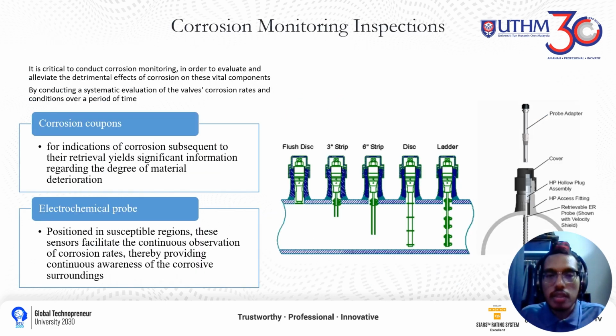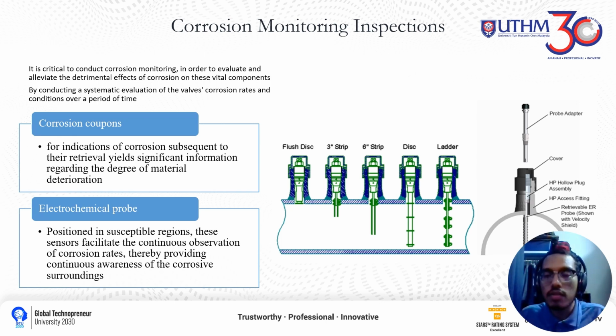The third method is to conduct corrosion monitoring inspection in order to evaluate and alleviate the detrimental effect of corrosion on these vital components. By using a corrosion coupon, we can retrieve significant information regarding the degree of material deterioration, and another method is to use an electrochemical probe, to facilitate continuous observation of corrosion rate,